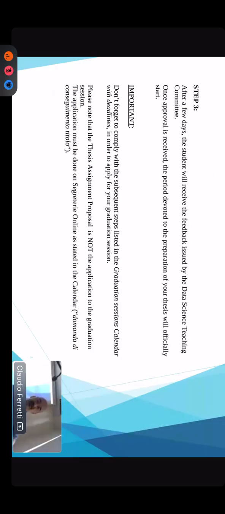Then the committee will evaluate the project that you will be writing in this form, and in a few days you will have the approval. Then you can start, and I think everything will be recorded in the acts, in the papers of your status. Okay. Remember that the participation in the final graduation session is not automatically implied by your starting the thesis. You will have to ask to apply for the final session explicitly.